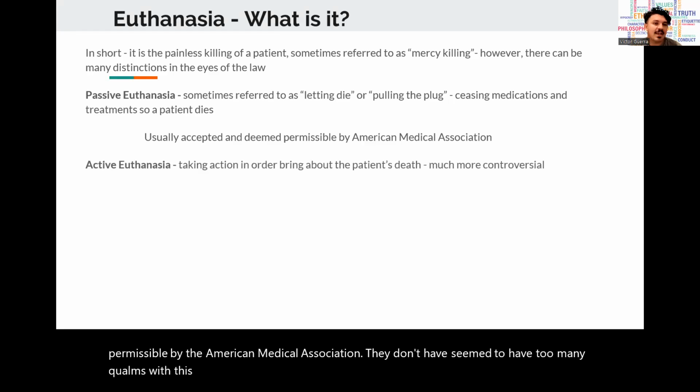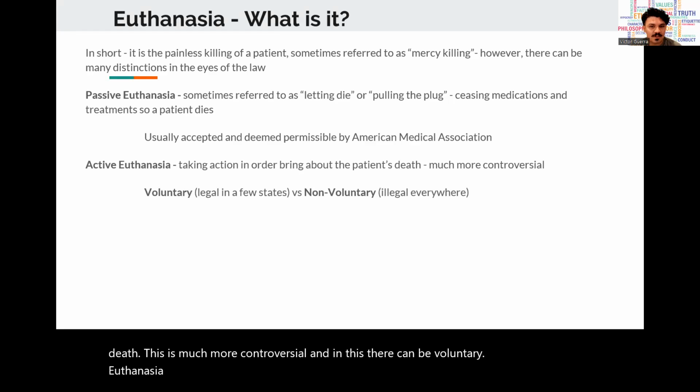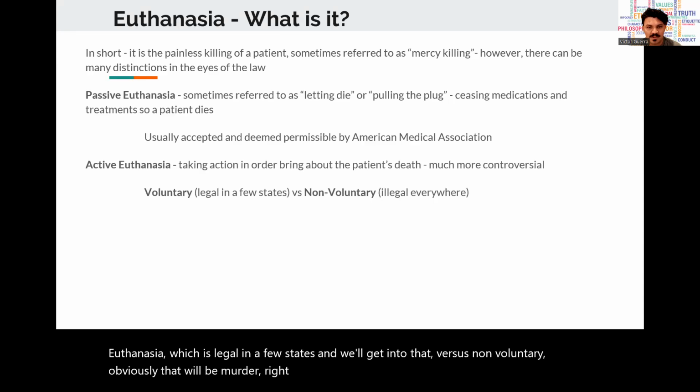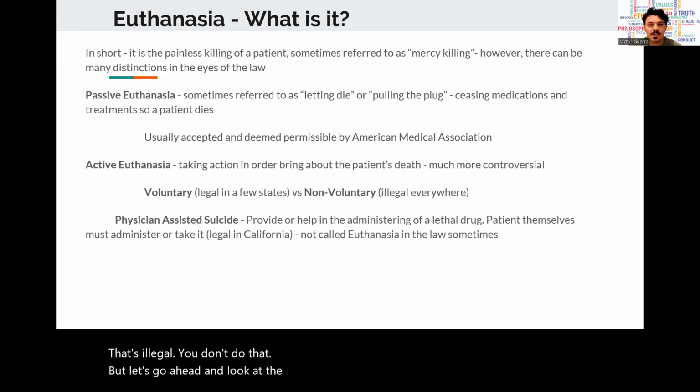Active euthanasia is taking action in order to bring about the patient's death. This is much more controversial. And in this, there can be voluntary euthanasia, which is legal in a few states, and we'll get into that, versus non-voluntary. Obviously, that will be murder, right? If the patient doesn't want it, doesn't consent, that's bad. That's illegal. You don't do that. But let's go ahead and look at voluntary active euthanasia